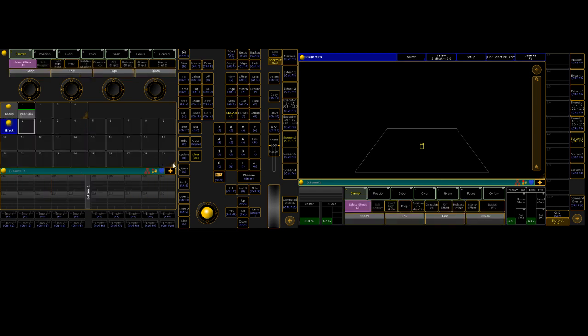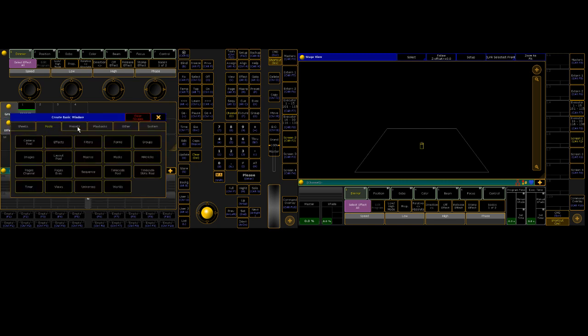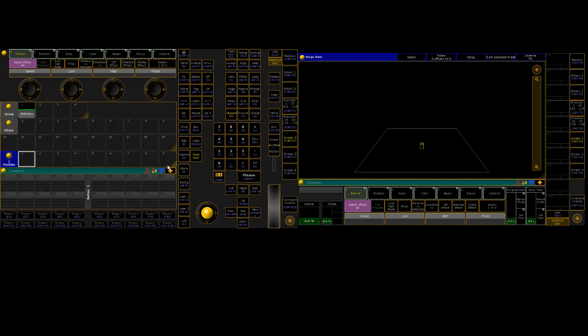So doing effects, I'm going to leave it like that, and then one more down, and then I'm going to do a preset, which is position